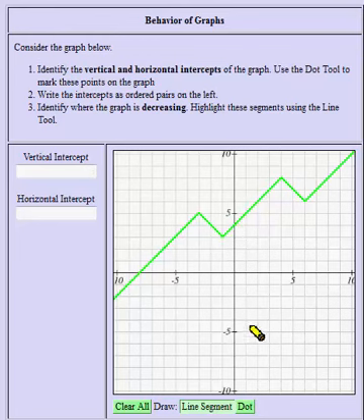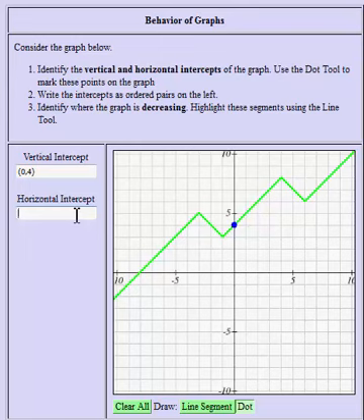To put a dot there, I need to use the dot tool by clicking the word dot down here. Put a dot on the vertical intercept. Then I need to write the coordinates of the vertical intercept in the box provided over here. My vertical intercept would have coordinates such that x is 0 and the output is 4. Because to plot the dot, you would go 0 units in the x direction and 4 units in the y